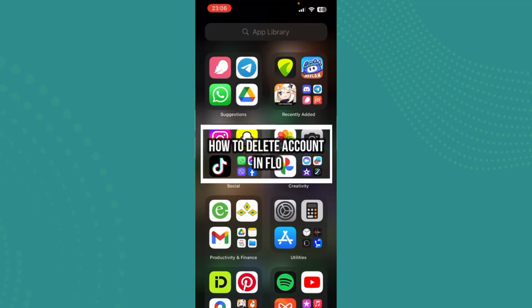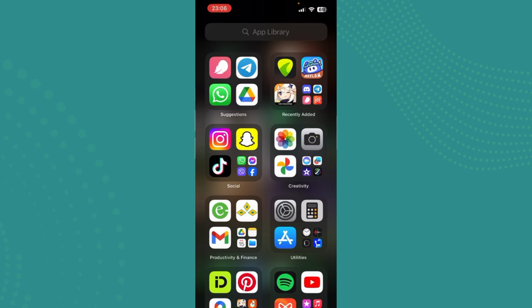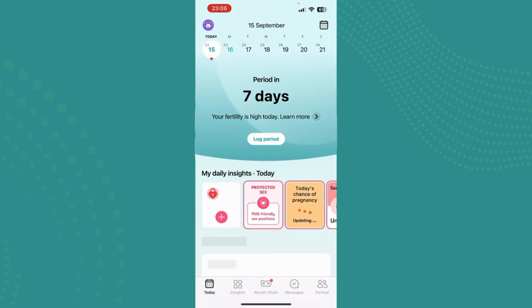In this video, I'm going to be teaching you guys how you can delete your account in Flow. So guys, to delete your account, you just need to go ahead and open Flow first. And once you're on this page, all you need to do is look at the top left corner with